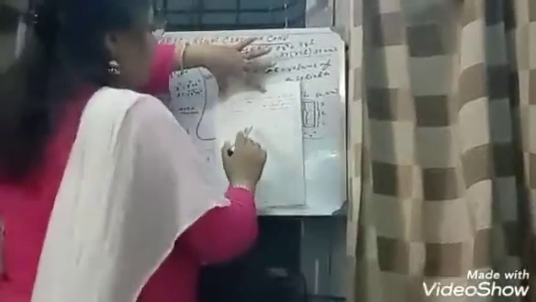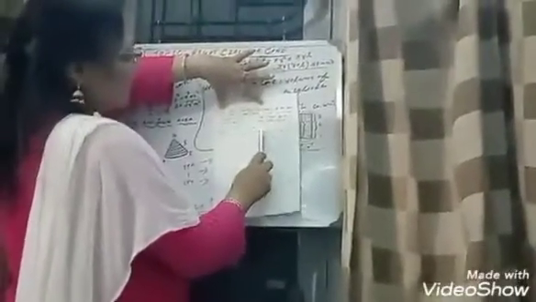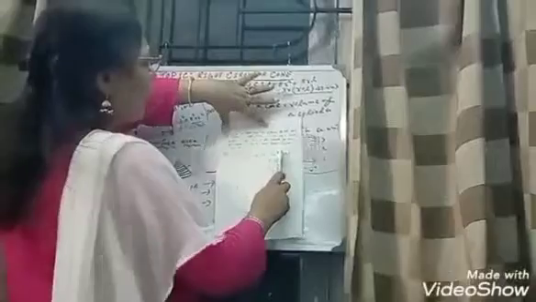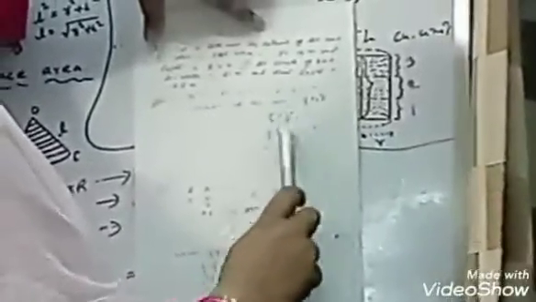Okay, now pi r square is given to us, that is 1.54 square meter. H is equal to 2.4 meter. Since height is given 2.4 meter, the volume of the cone is 1/3 pi r square H. So 1/3 into pi r square is given to us, so 1.54, just we will write the value here for pi r square into 2.4. Do this calculation part, we will get 1.2 cubic meter.